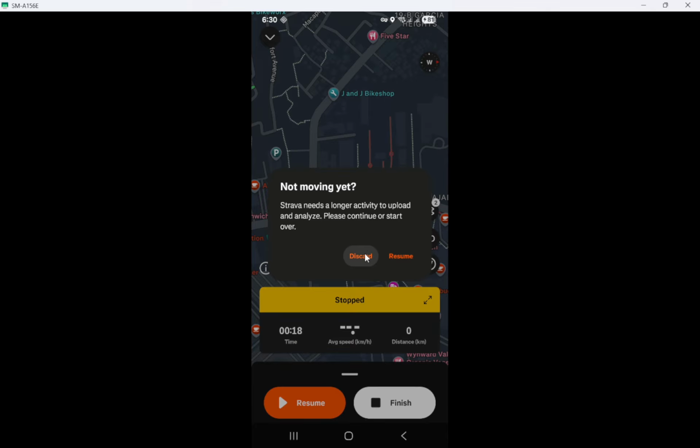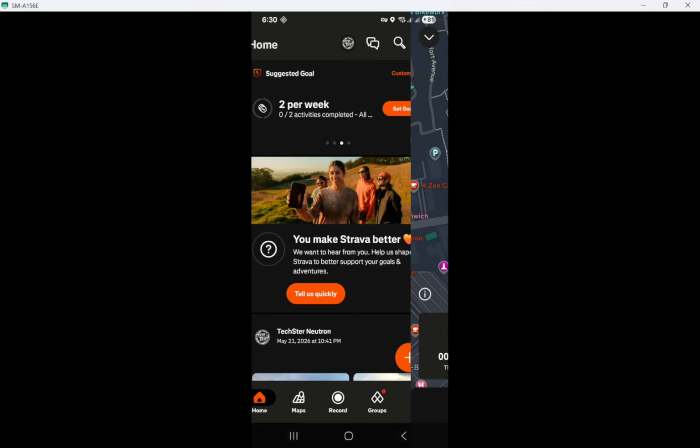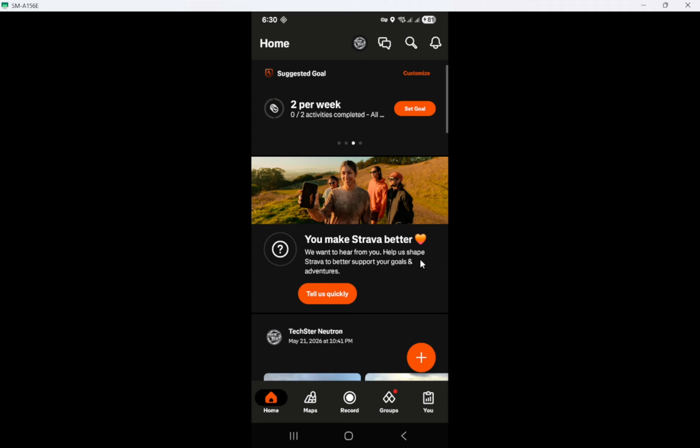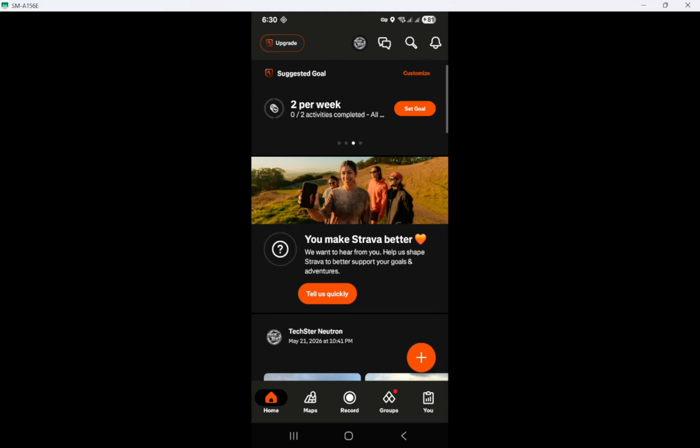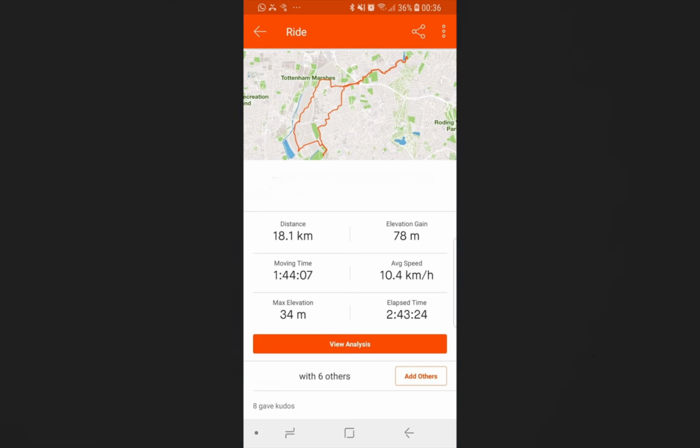After saving, take a moment to review your stats. Strava will display your total distance, average speed, max speed, elevation gain, and a detailed map of your route. You can compare your effort with friends, join challenges to stay motivated, and explore segment rankings, which show how your time stacks up on popular stretches of road or trail. It's a great way to track progress and set goals responsibly while enjoying your ride.